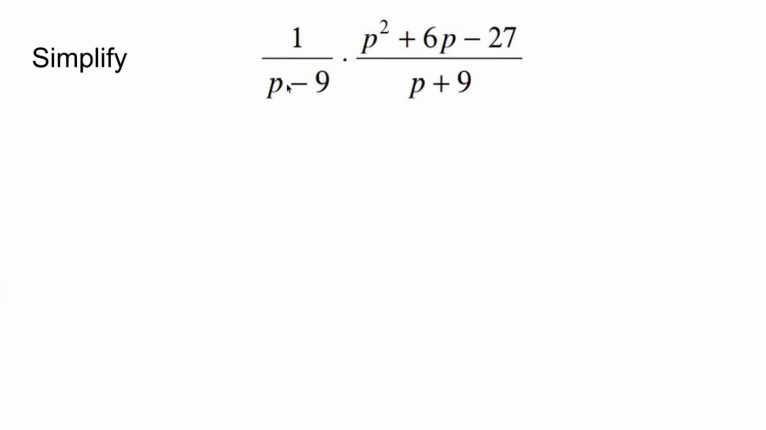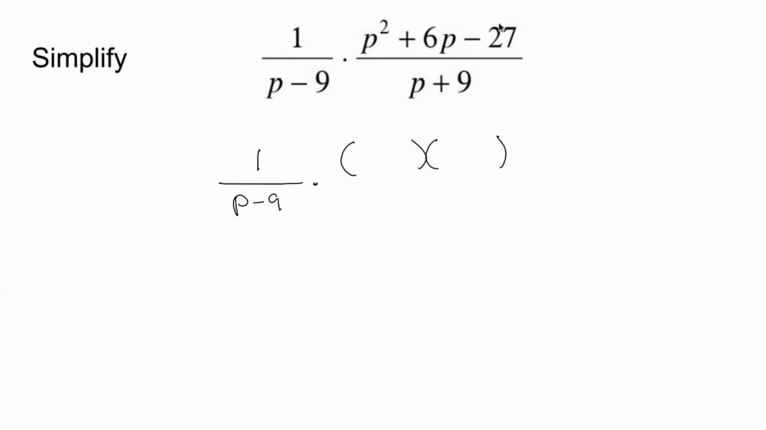Simplify 1 over p minus 9 times p squared plus 6p minus 27 all over p plus 9. Whenever you're multiplying two fractions together and you see polynomials, what you really want to do is factor as much as you can. There's nothing I can do about 1 over p minus 9. That's done. But what I can do is p squared plus 6p minus 27 should factor out